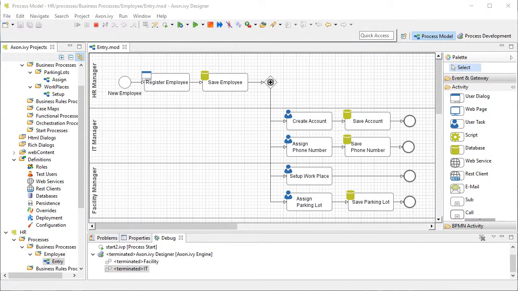Welcome back. In the first part, we implemented the employee entry process of a company. Over time, the process grew and is now quite complex. In this part, we are going to split this complex process into smaller, less complex and independent processes by using